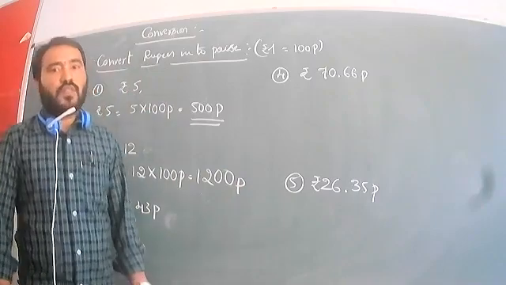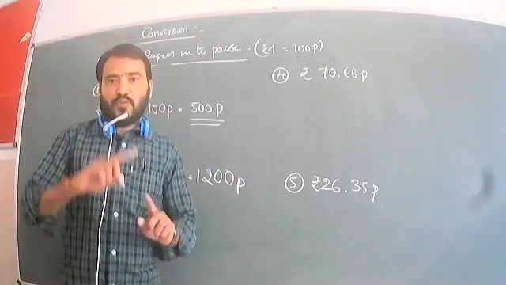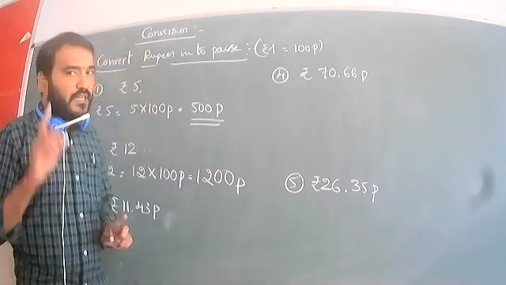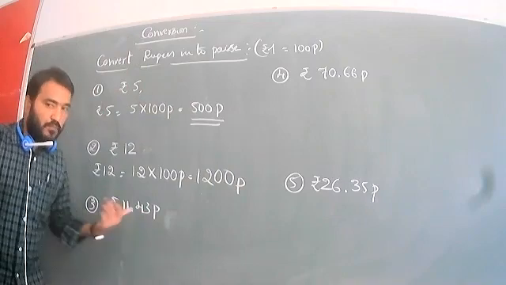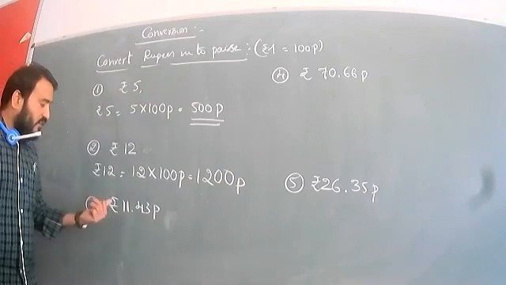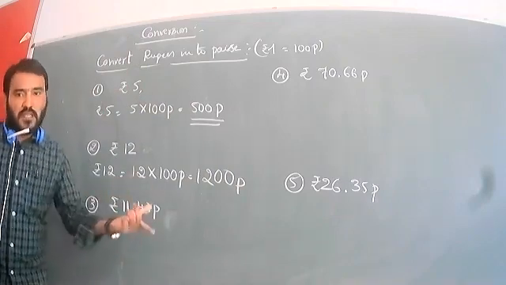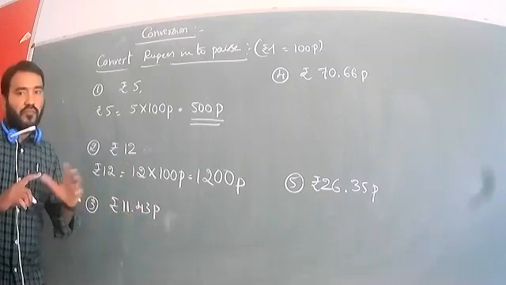So Guruji, what about 9 rupees? 9 rupees equal to 900 paisa. So 9 multiplied by 100 paisa, so we get 900 paisa. Guruji, what about when paisa is also there? Rupees and paisa both will be given. What do we do? First we convert the rupees to paisa, and then the remaining paisa we add